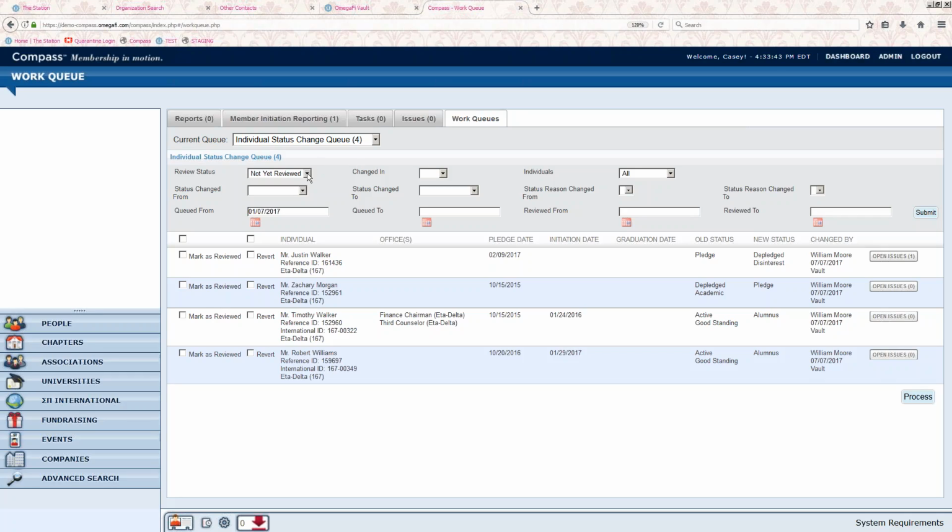Within the drop-down menu for review status are the options to search for items within the queue that have not yet been reviewed or have been reviewed. The Changed In field allows users to select the application in which the change was made. The drop-down menu for individuals allows users to filter items in the queue by all individuals or by members or